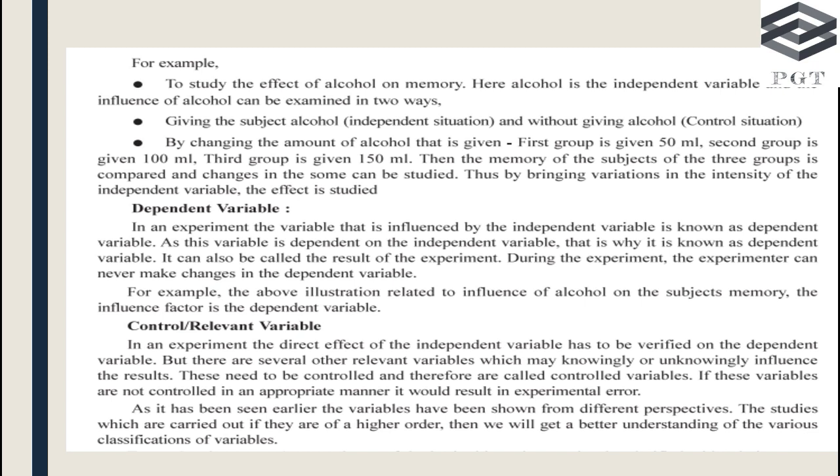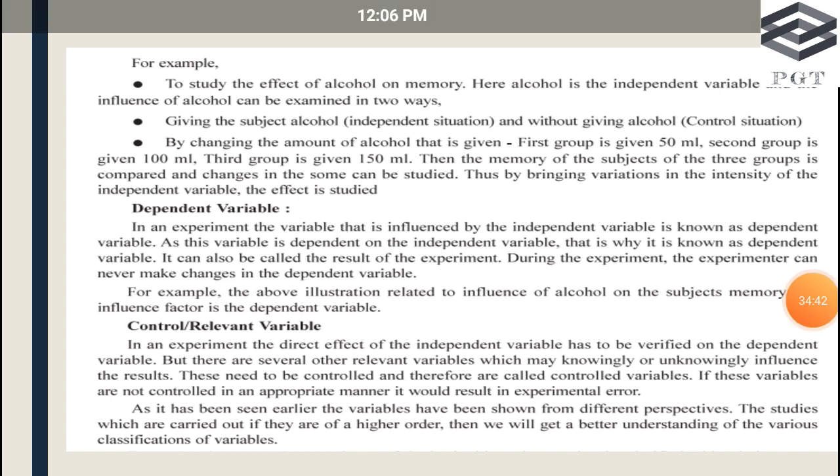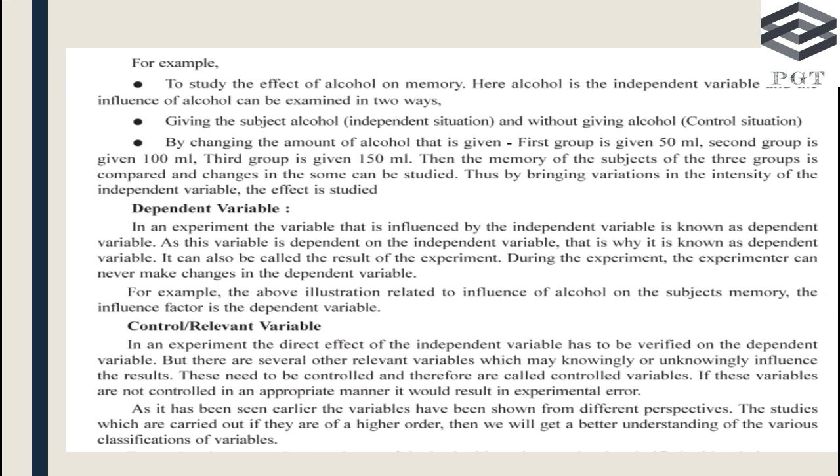Now we are coming to the dependent variable. The dependent variable is very influential, but it is not the independent variable. That's why it is called a dependent variable. Like the result of an experiment, some experiments we cannot do without a dependent variable. Okay, the influence of alcohol is equally important for the person, but it is dependent. Without that they cannot do the thing, which is equally important because of habit.